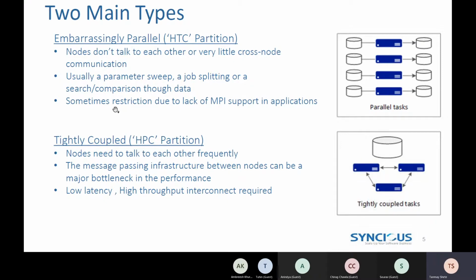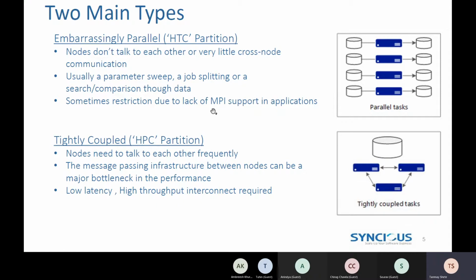And there might be a restriction because the application sometimes does not support MPI. MPI, you might have used, is the message passing interface. So these kinds of problems do not actually need to provide MPI, so the architecture is built without MPI.